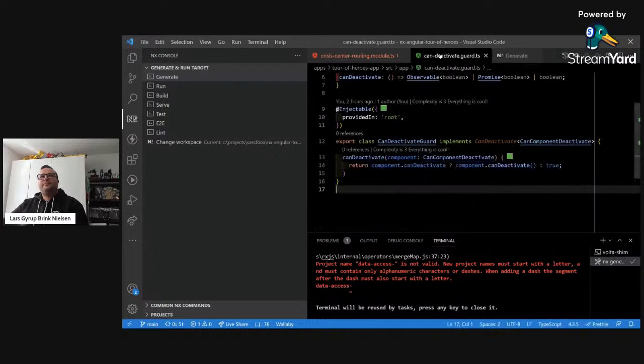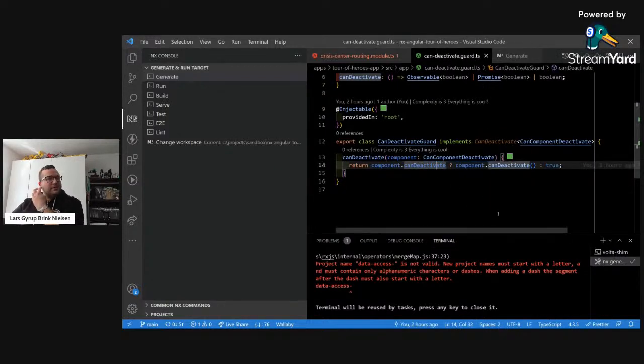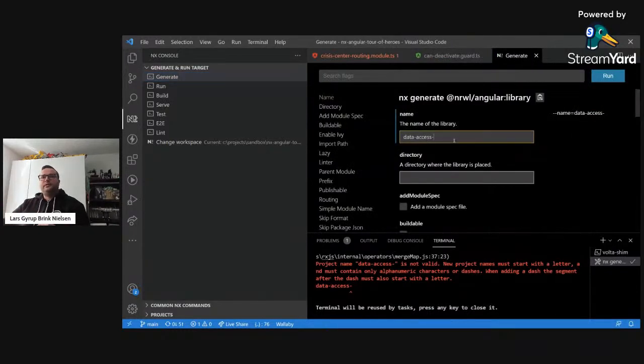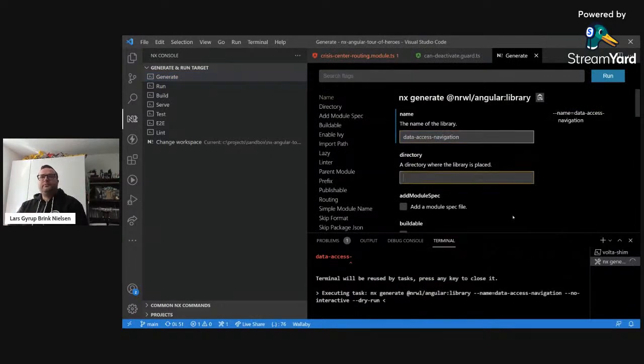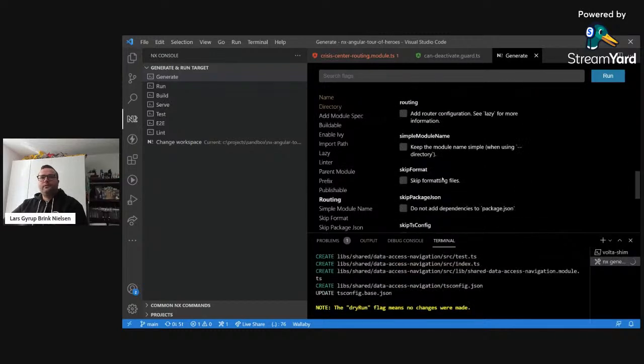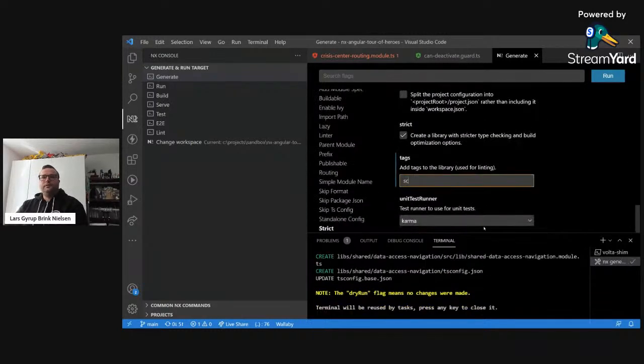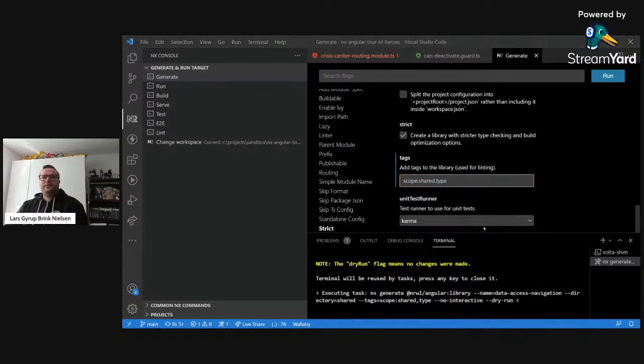Well, this is not about authentication and authorization. This is about, for example, is there an unsaved state that should prevent the user from navigating away? So this is about navigation. And it's in the shared scope, so scope is shared, type is